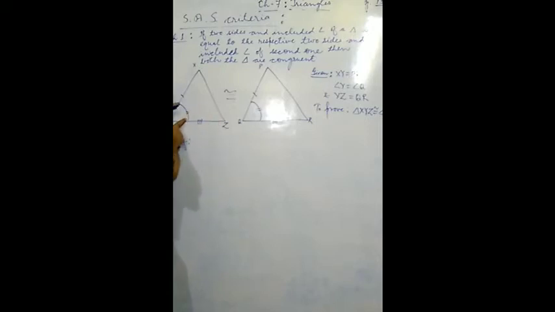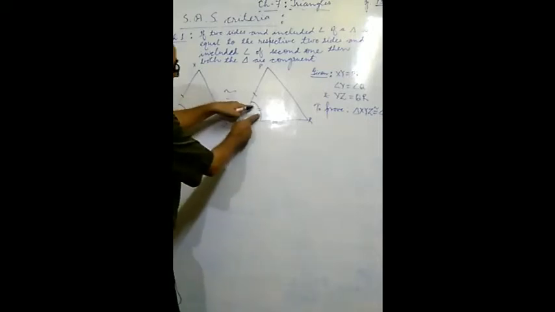Again see, now this angle equals this angle, therefore this YX will fall along PQ. This XY will fall along PQ. What will be there? If Y falls on Q and XY falls along PQ, since the length of XY is equal to the length of PQ, it is given, so this X will fall on P.